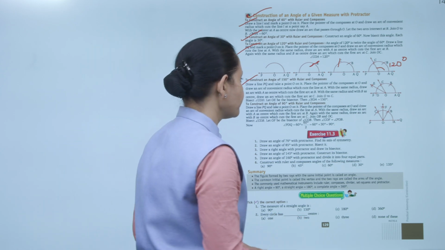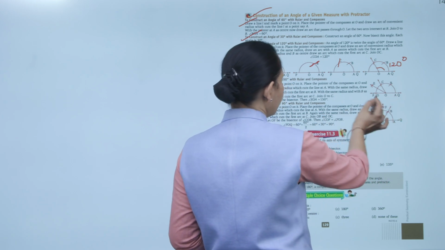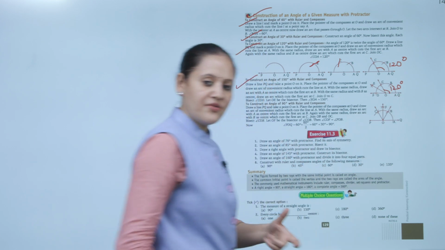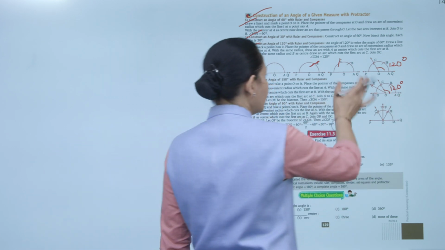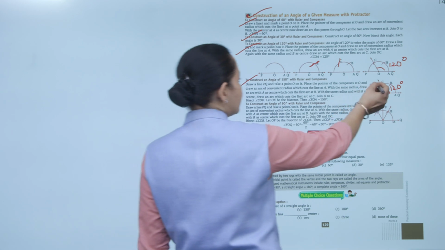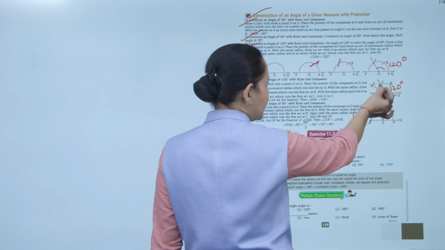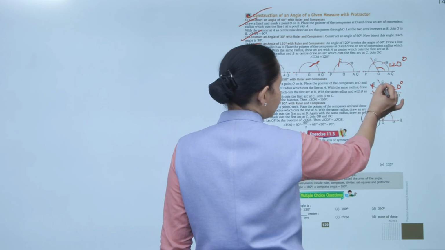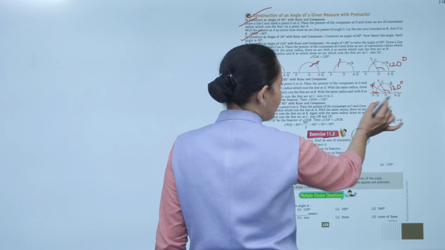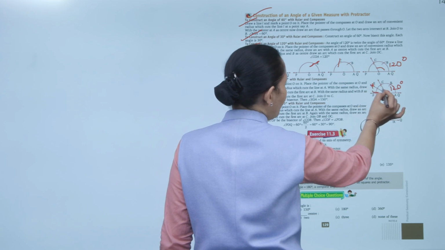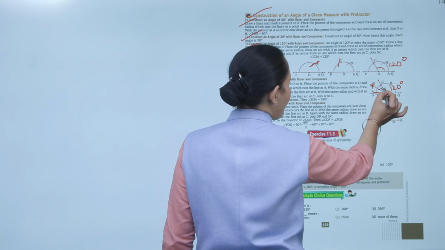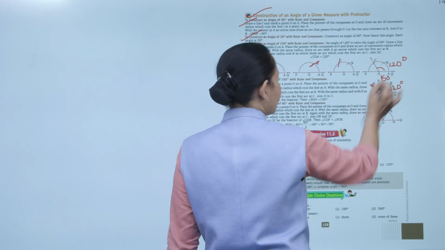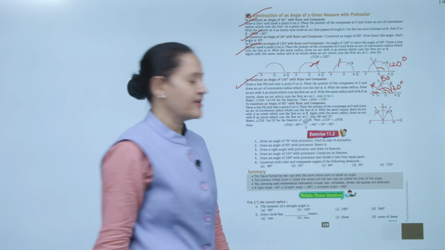So first, what we'll do? This angle is of 120 degree. 150 we need 30 more. So what we'll do? C as a center, you made 120 degree, C as a center we will make another arc and then we'll bisect it. This angle, we'll make an arc taking C as a center and bisect it taking D as a center. Angle EOA, that is of 150 degree. Clear? 120 plus 30, 150 degree.